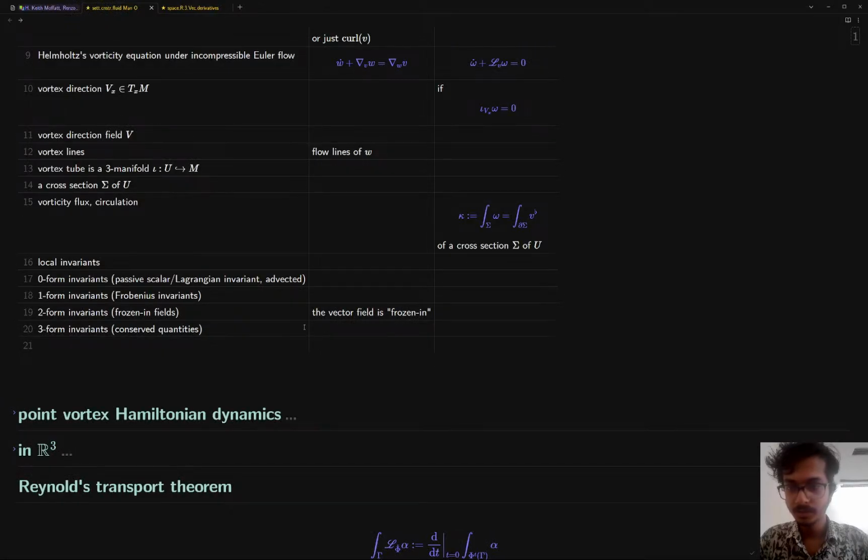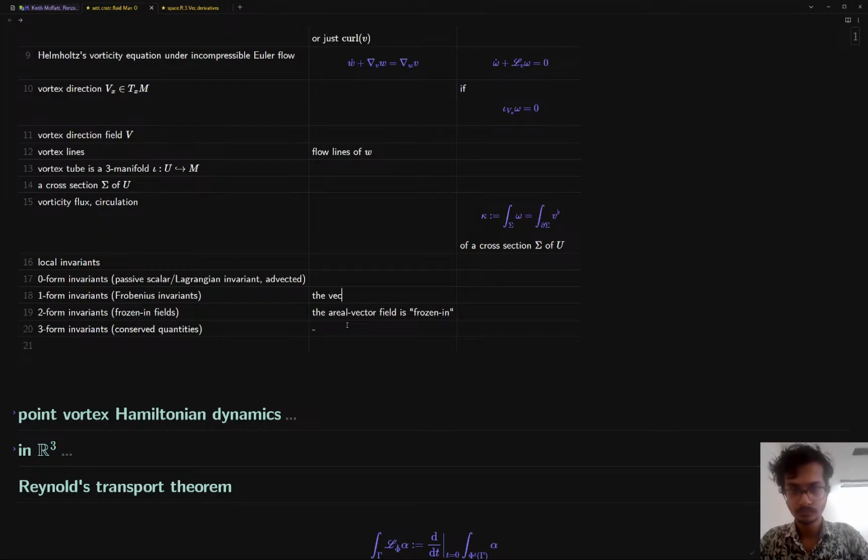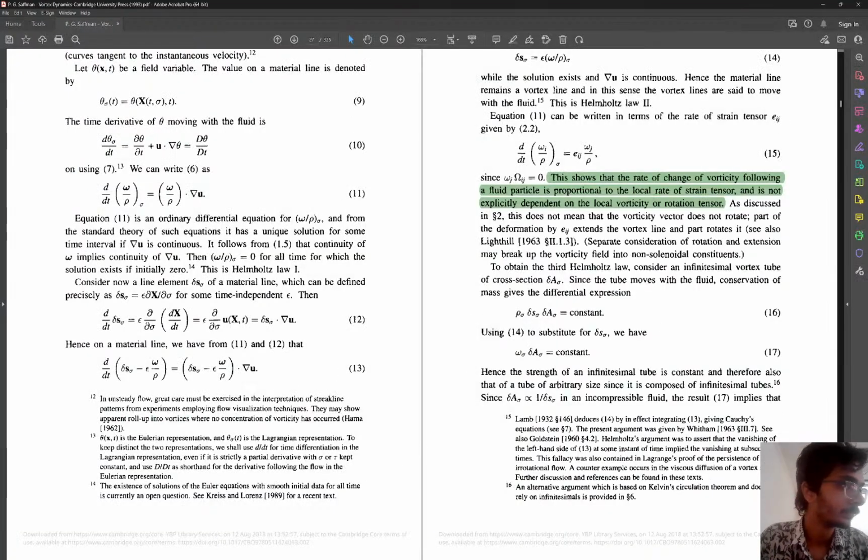Anyways, conserved quantities are fine. There is no vector field associated to it, but there is a vector field associated to it, which is the I don't know what happens to this one for Helicity invariants. Cool. That's it for